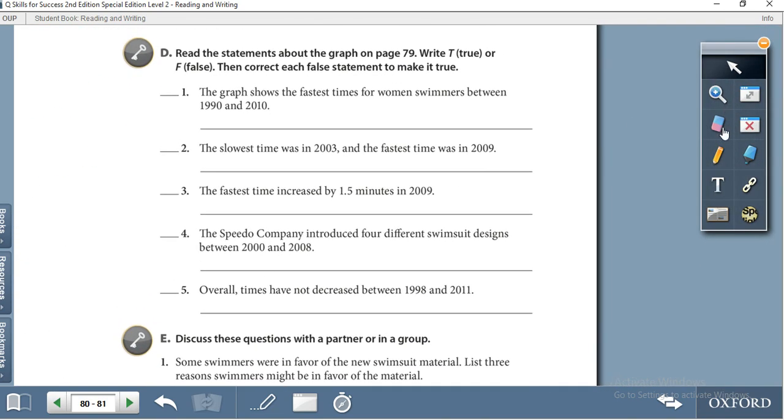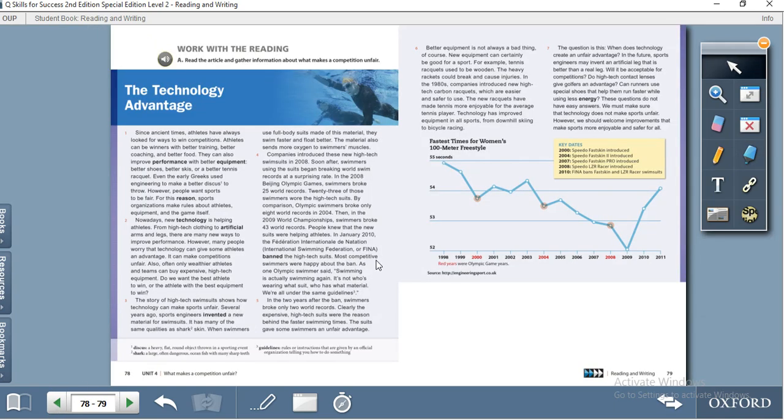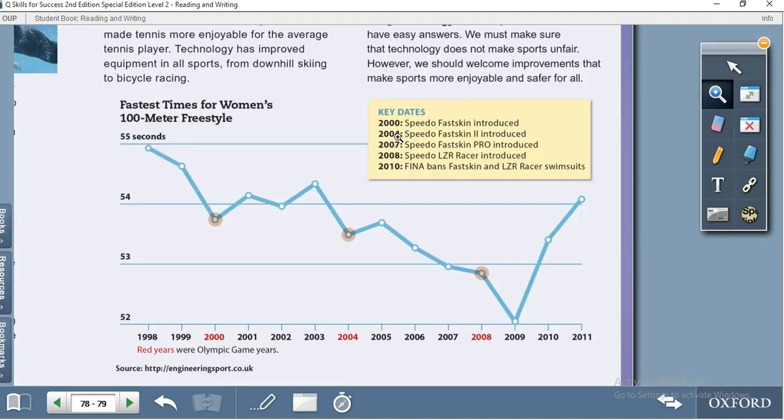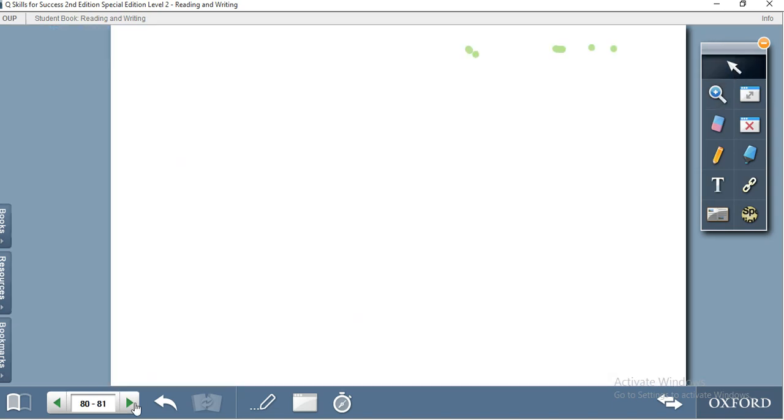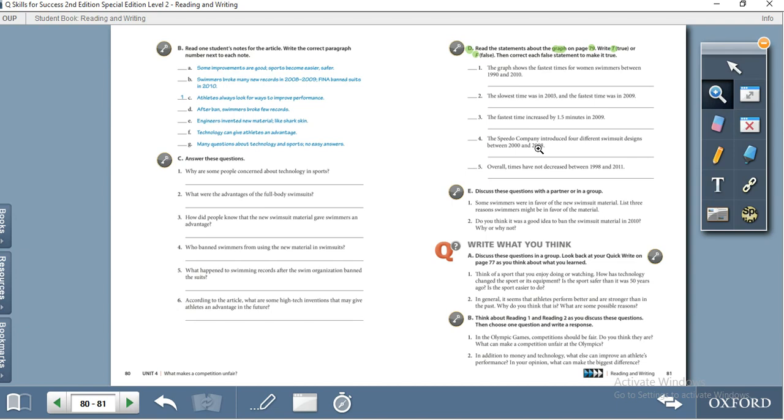Then we have the next exercise, that is activity D. You have to read the statements about the graph on page 79. Write T for true and F for false. Go to this, in 2000 the speed of the Fastskin was introduced, 50 seconds, 54 seconds. So the swimsuit has this effect. So you have to write